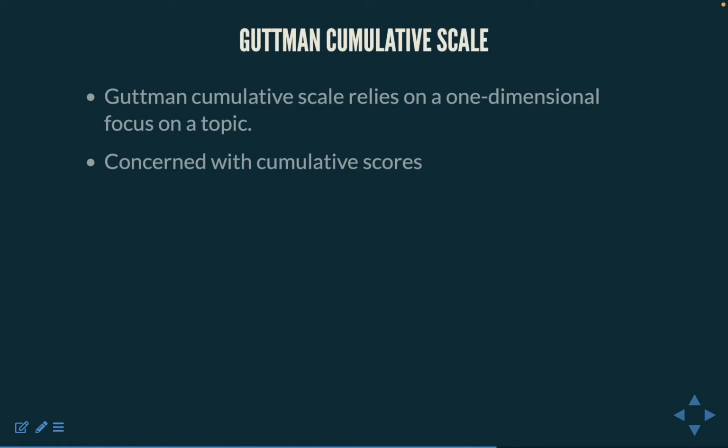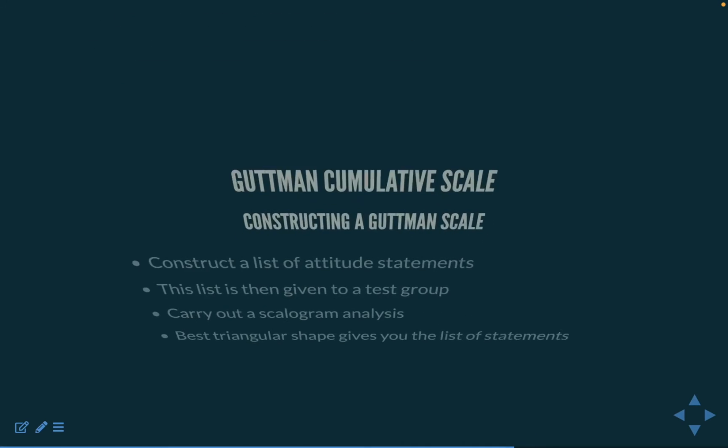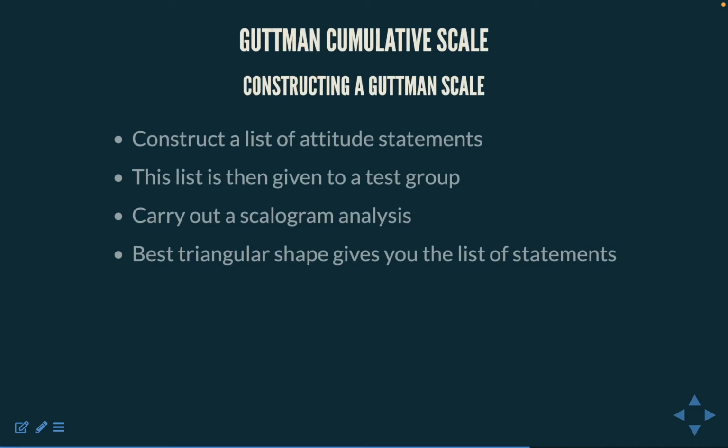The Guttman cumulative scale is the most difficult attitudinal scale to construct and is also the least used of all the attitude measures, perhaps for this reason. The scale relies on a one-dimensional focus on a topic. The Guttman scale is concerned with cumulative scores, a one-dimensional continuum for each topic you wish to investigate. The basis of the cumulative scale is that statements become increasingly more focused. The process of constructing the Guttman scale